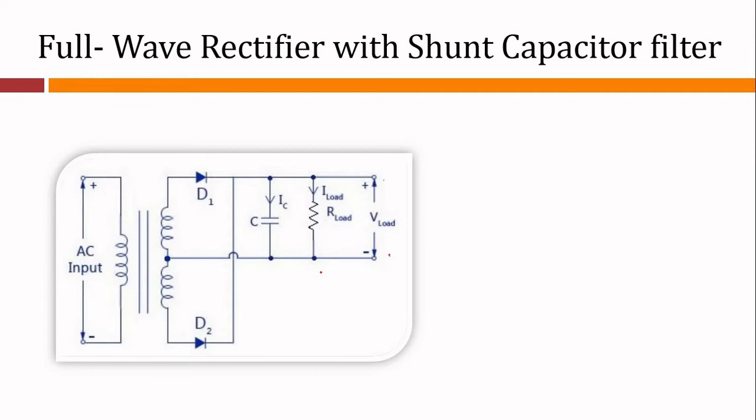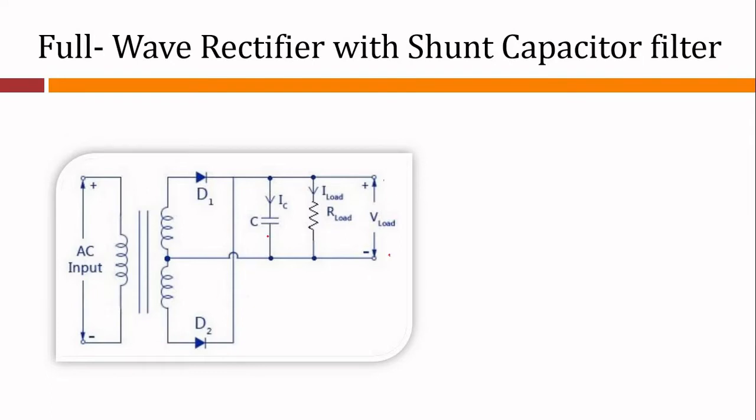So we can have a look at the expected output waveforms. We'll discuss this point again. It is so because there is no resistance except the negligible forward resistance of the diode in the charging path, but the discharging time is quite large. Roughly it is 100 times more than the charging time, depending upon the value of RL, because it has to discharge through load resistance RL as shown in the circuit diagram.